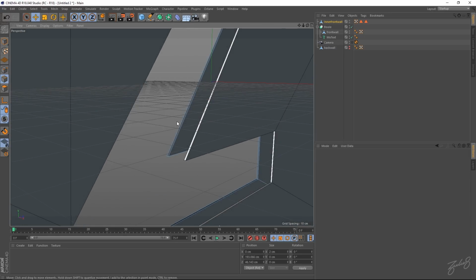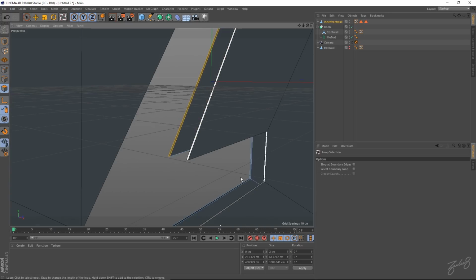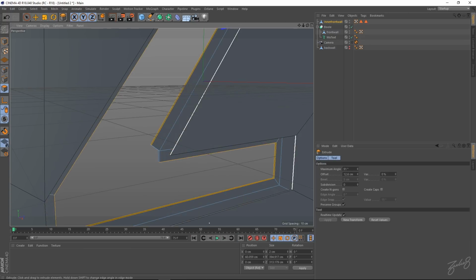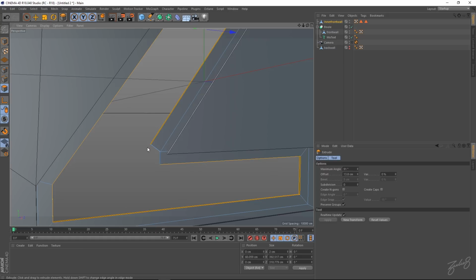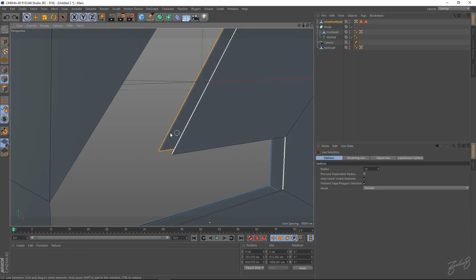I'll just show you what I mean. So if we loop select these, the faces, the inner faces, and we extrude these out, we get this separation. So to prevent that, we can grab those edges